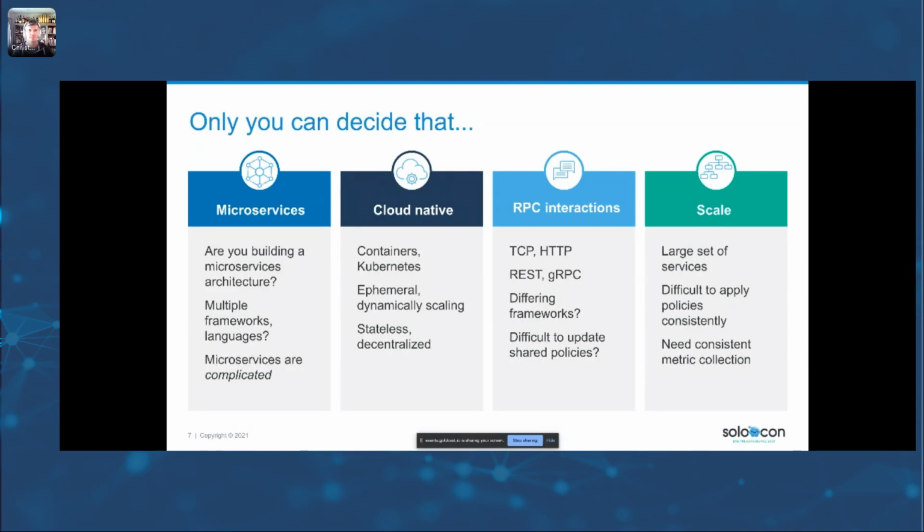The more smaller pieces we have that are being deployed and communicating over these cloud networks, untrusted, unpredictable cloud networks. So if you're deploying in containers where things are shifting and ephemeral, coming and going, scaling, highly decentralized, then you might consider that a service mesh will help you in your day-to-day operations and actually simplify